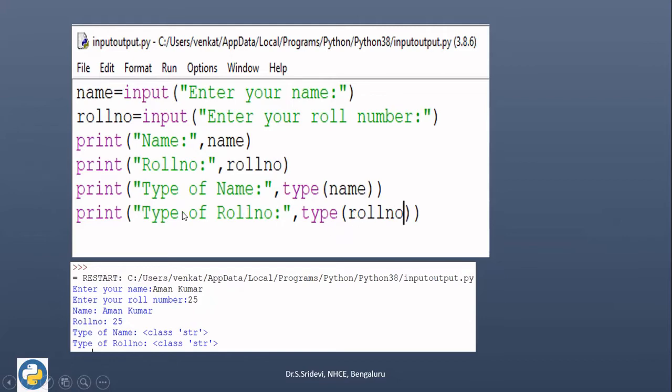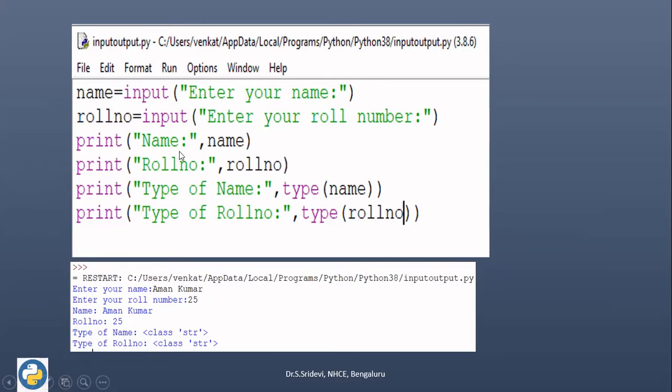So when I run the program, first, the input function will just display the prompt to the user. That is nothing but whatever message we have given inside the double quote. So here, "enter your name" will be displayed to the user. I'm going to just now enter some name. After that, it will ask for the roll number because our second input is going to display "enter your roll number". Now we can type the roll number. Finally, the name and the roll number will be stored in the appropriate variables.